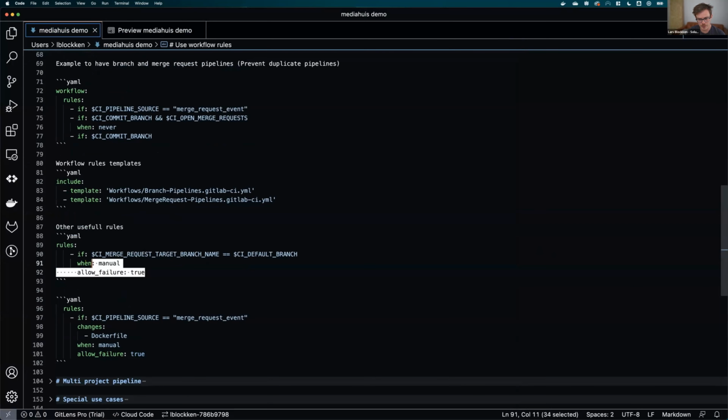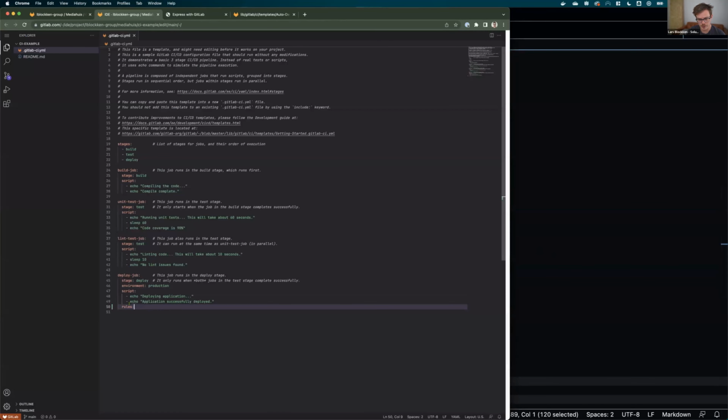If the target branch name here is the default branch, just copy this here. So in that case, if I deploy to, in my case, production here, if we're deploying to the default branch, which is the main branch, then I want this step to be manual. I don't want it to allow it to be failed, of course, but I can have this step then to be manual. When I push this,